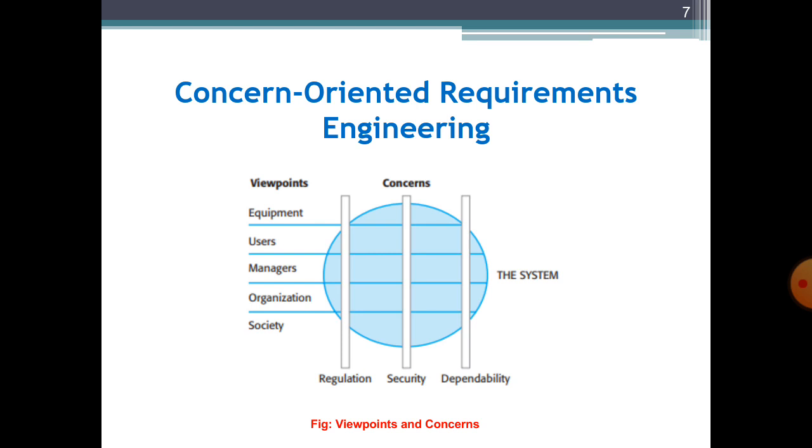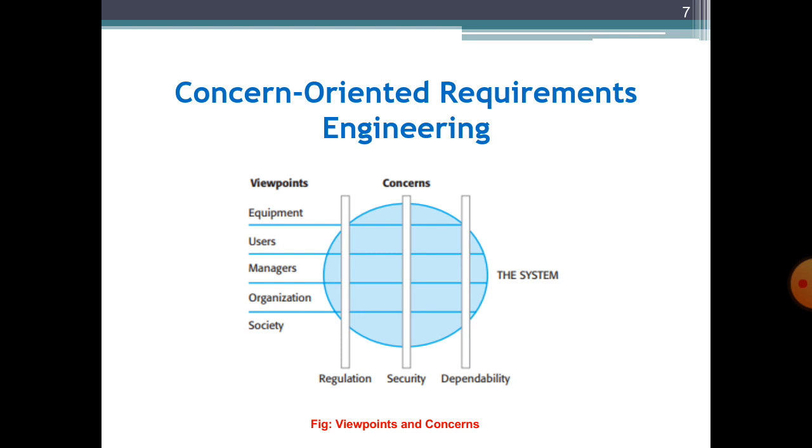I am explaining again: viewpoints may be of different types, but cross-cutting concerns like regulations, dependability, and security generate requirements which impact all of the system viewpoints. So students, this was the major consideration of concern oriented requirement engineering, about what a viewpoint actually is